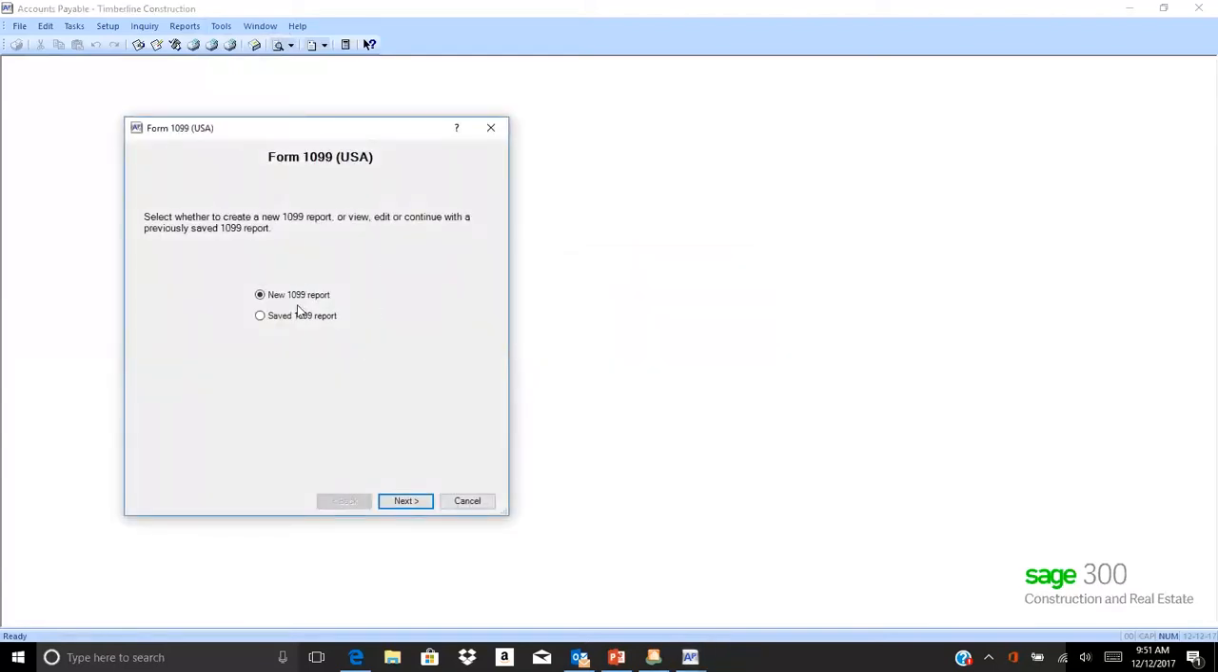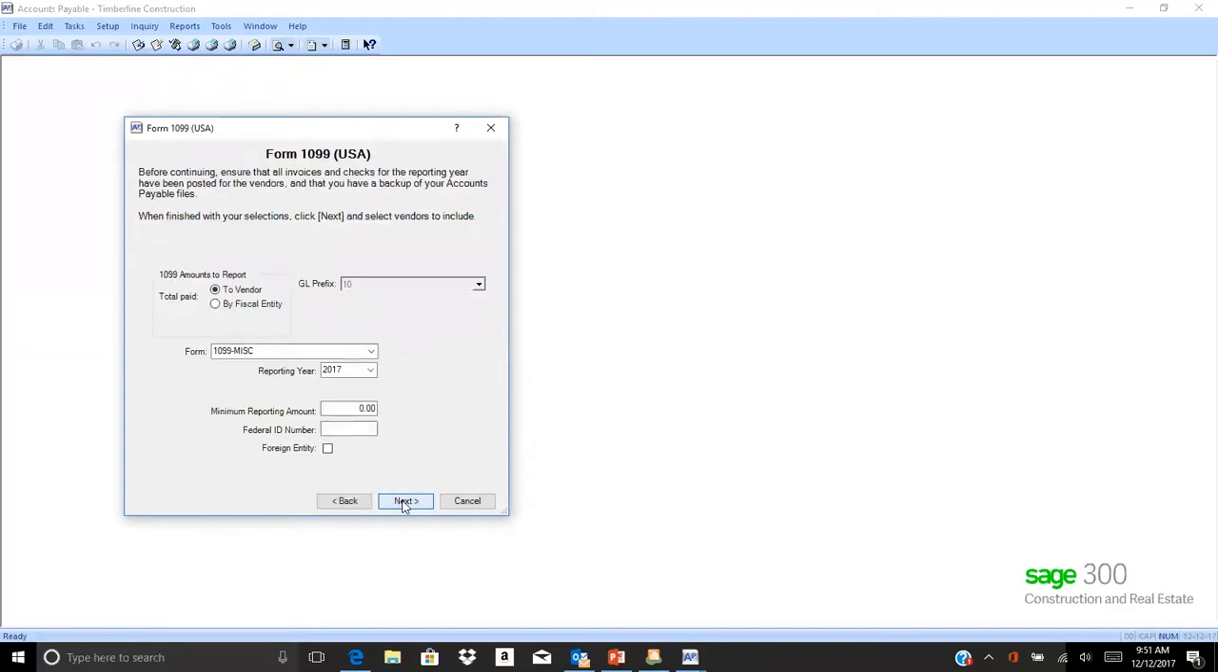Okay. If you are doing a brand new run for the current year, you'll select New 1099 Report. If you need to reprint any forms, you can use the Saved option, and that will give you a list of your saved reports, and you can select the one that you need. Okay, we're going to do a new form. Now, on this